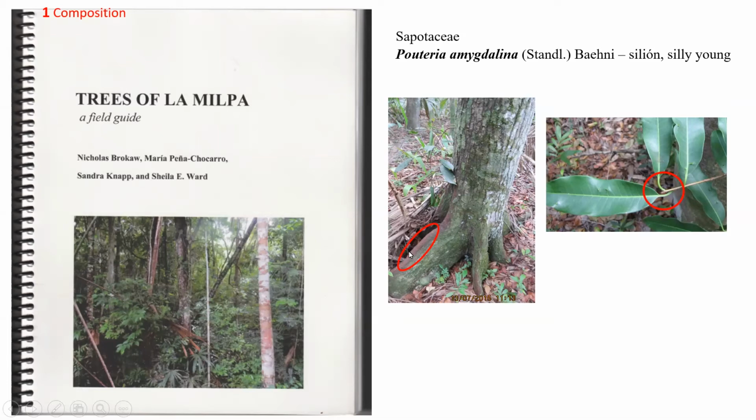Buteria amygdalina, like this reddish edge to the buttress here, and these curved petioles like that, green contrasting with tan stem. These are things that through lots and lots of experience of looking at thousands of trees, we figured out are the things that you can use in the field to figure out what this tree is. So it was a great satisfaction. I grew up on field guides, so it was a great satisfaction to create one myself.